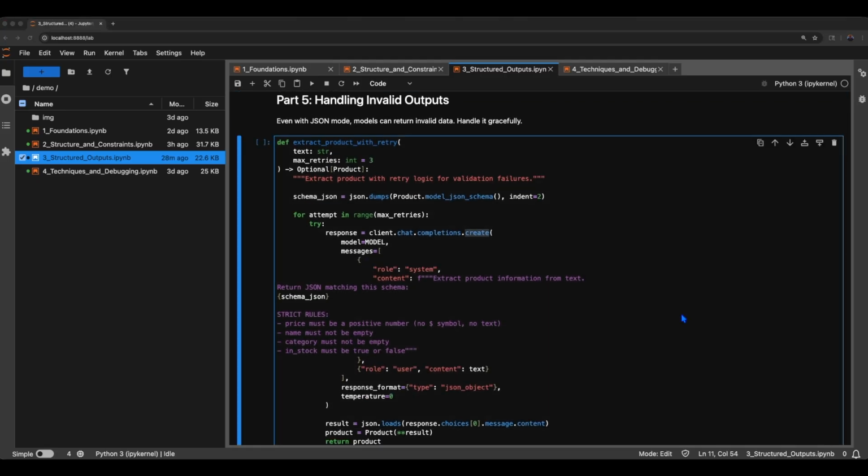Now, even with JSON mode and a schema in the prompt, the model can sometimes return invalid JSON or values that fail validation. So we need retries and fallbacks. First, we'll add retry logic, where we'll try a few times, and if validation or JSON parsing fails, we'll retry